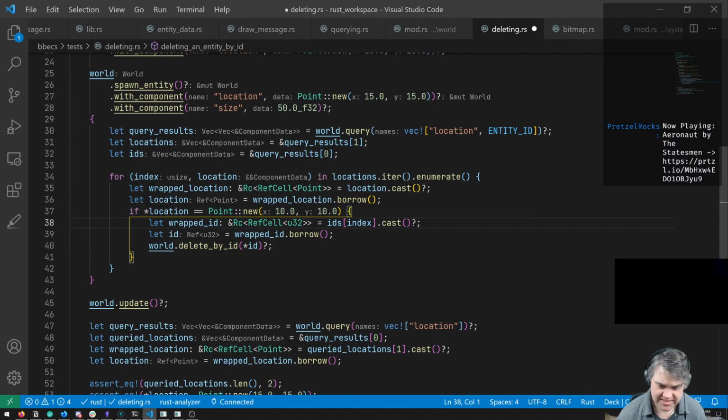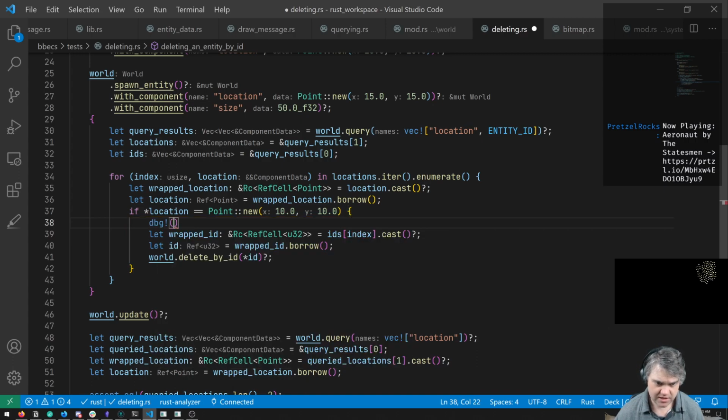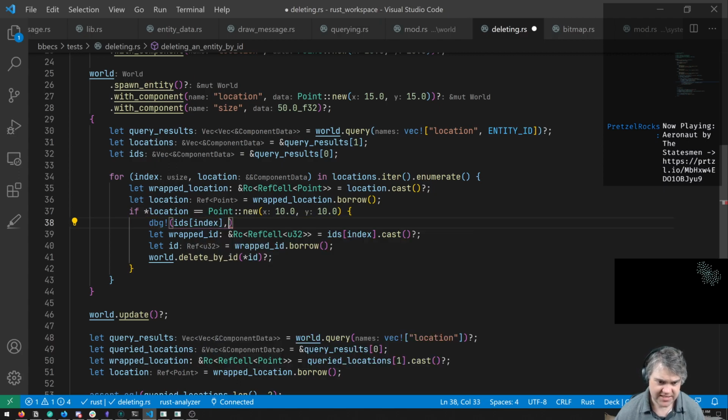So now we know this one in here. Okay, so wrapped ID is IDs. Here's this vector of index. What is debug of IDs of index? Let's take a look at IDs and index.